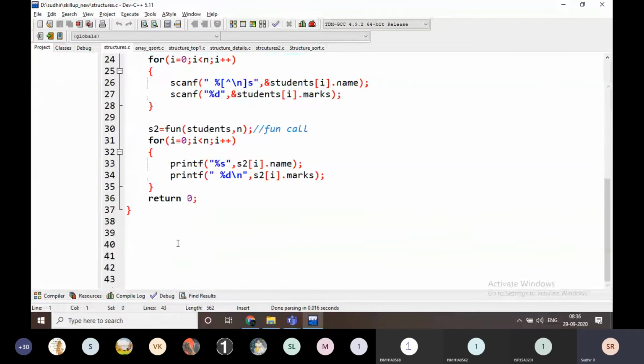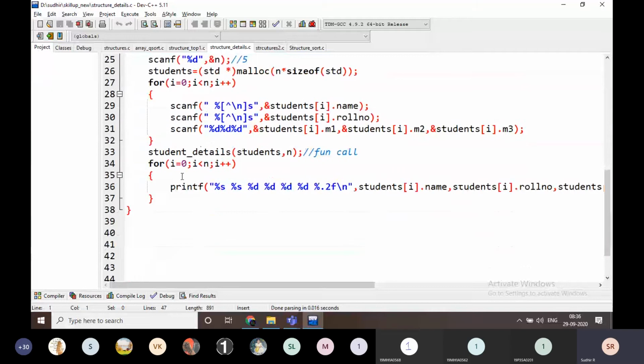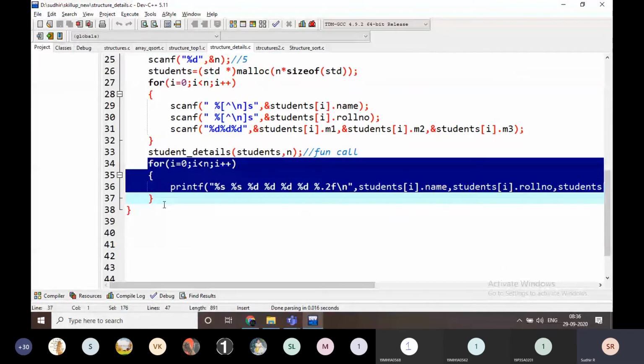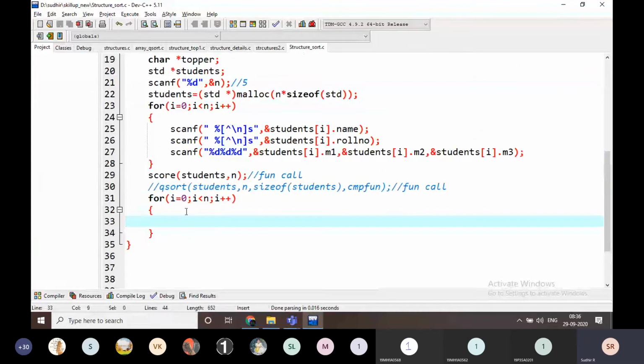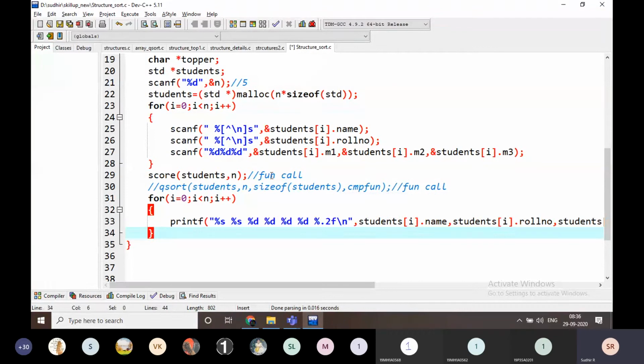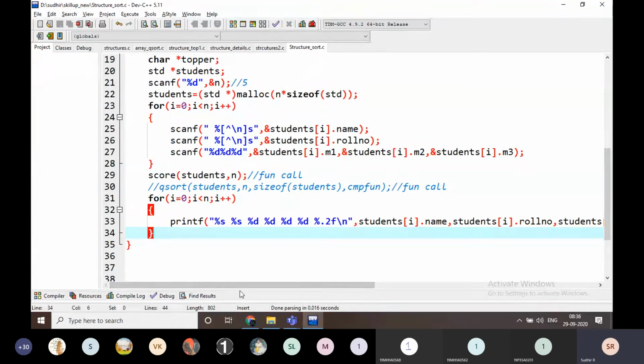Is there any printing methodology? Yes, it is going to print the data like this. For every student, it is going to print the data.